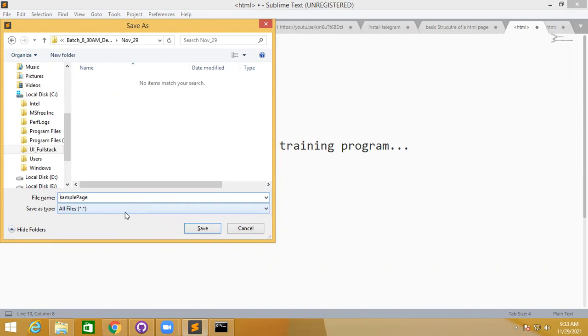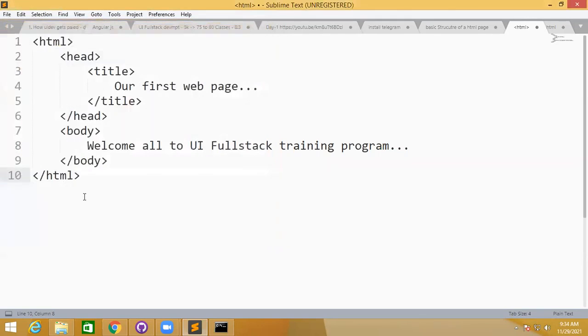When you are giving the file names, make a habit of using camel case. Camel case in the sense, start the word with a small letter, and each subsequent word should start with a capital. You can use hyphen or underscore also, but recommended is camel case. Okay, so I say samplePage.html. Save this. Now if you see, once I save it as HTML, my Sublime Text editor is